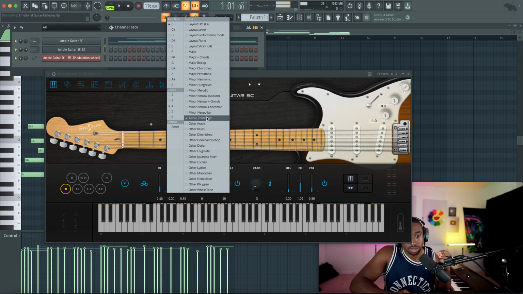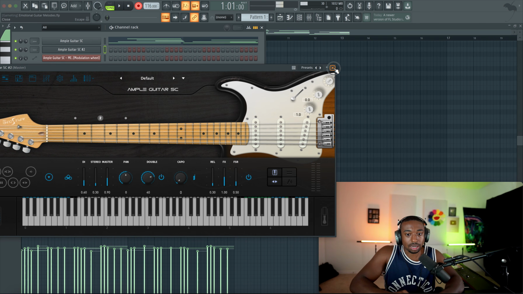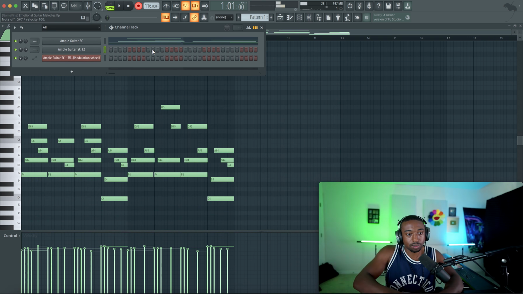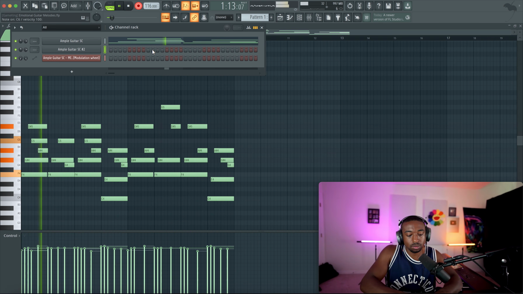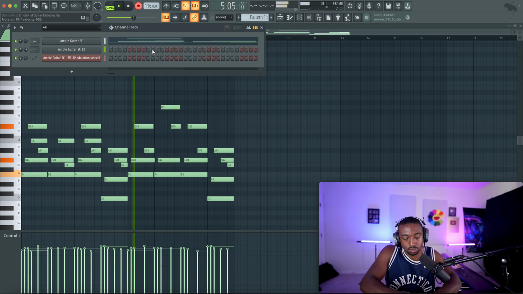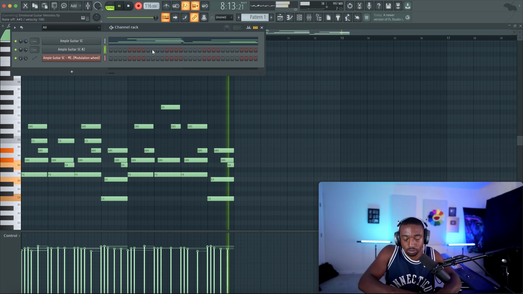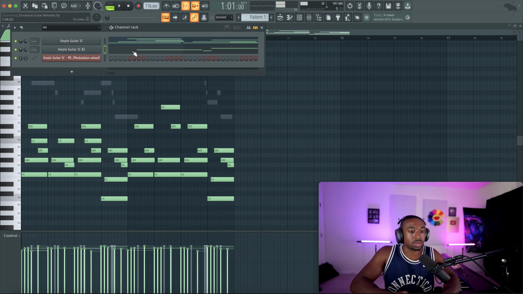Let's record the minor pentatonic. We're going to record it in octave C5, and then we need to write the root note, which in this case is F. So we are recording F minor pentatonic, but I'm playing on a second guitar. So I just freestyled that using that simple technique.